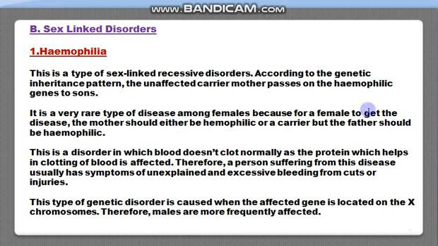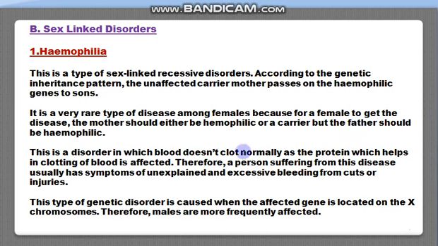females, because a female has two X chromosomes, and the gene for hemophilia is present on the X chromosome, and the mother should have the hemophilic gene on both the X chromosomes. If she has the hemophilic gene on one of the X chromosomes, then she is a carrier. But a male becomes hemophilic if it is present on his X chromosome. So this is a rare disease among females, and this is a disorder in which blood does not clot normally